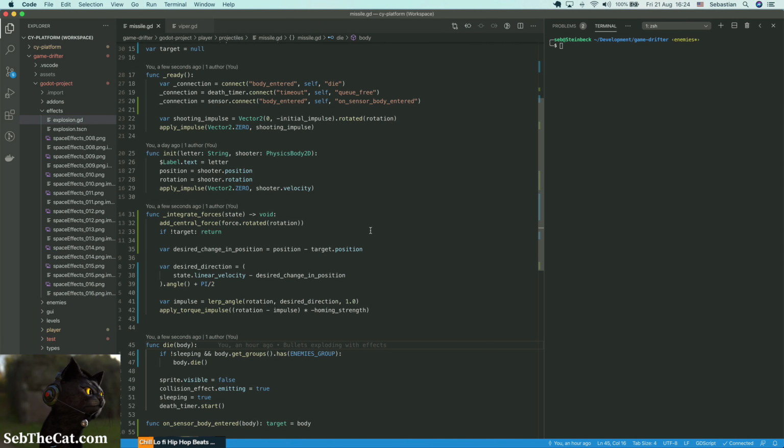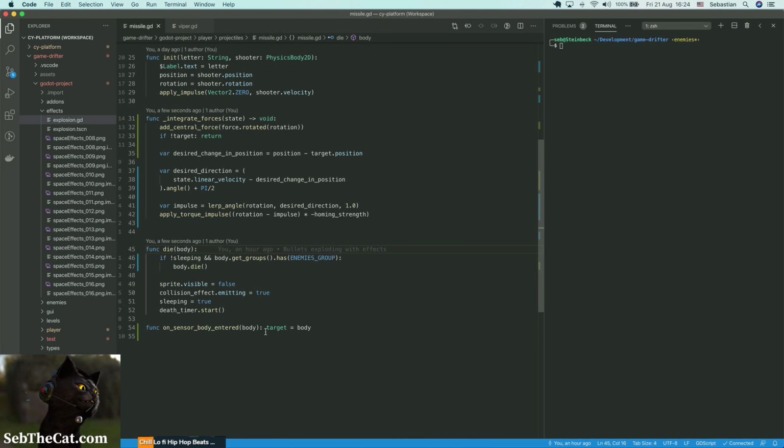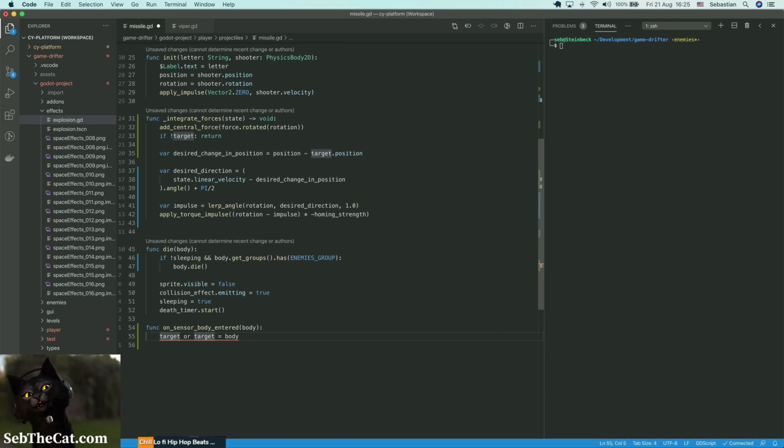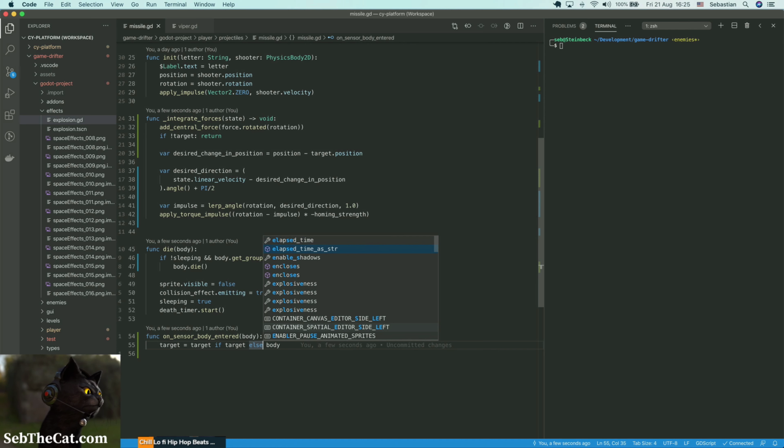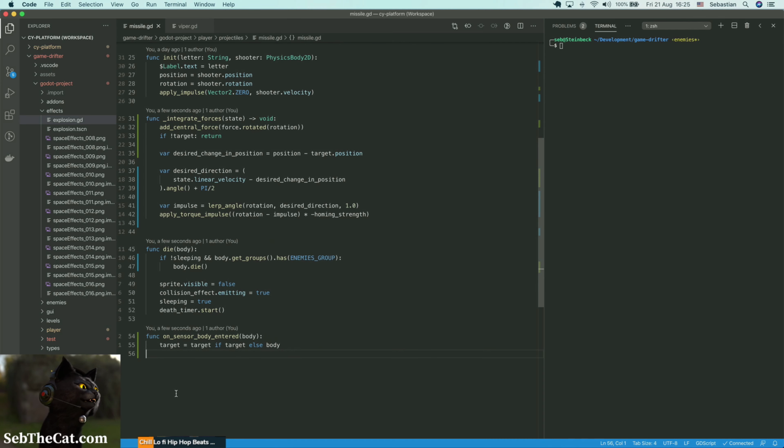So then we can say target equals body. So if we don't want to redefine the target, I guess. No, that's not how it works. We say target equals target if target, else body. I think that's how you do ternary in Godot. Okay, so we don't override a target,